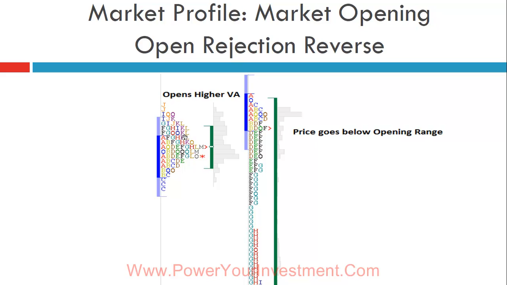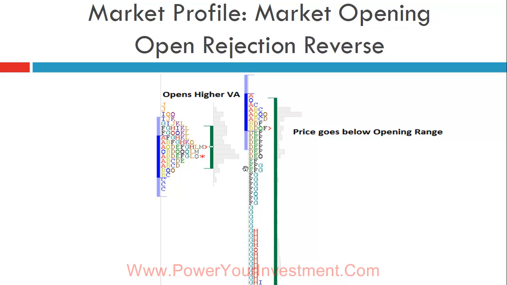The price just about gaps up above yesterday's range. The price quickly comes down, and the previous value area is this. So by the time the price is coming here, we still think that it may be an open test drive,